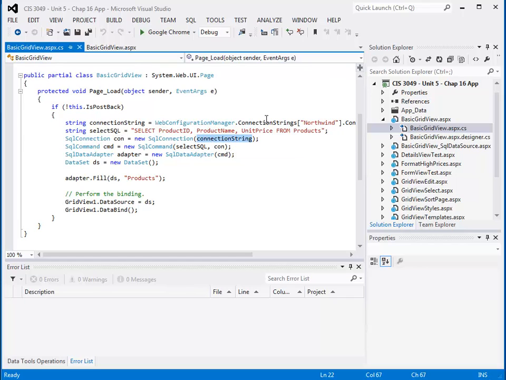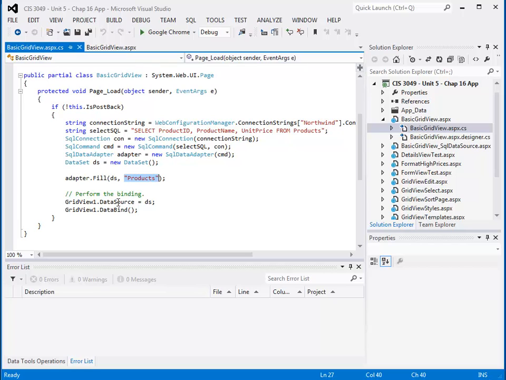The command uses the connection string, so these are all being tied together. We then create a SQL adapter with this command, and then we create a data set, and then with our SQL adapter we fill the data set with a table of